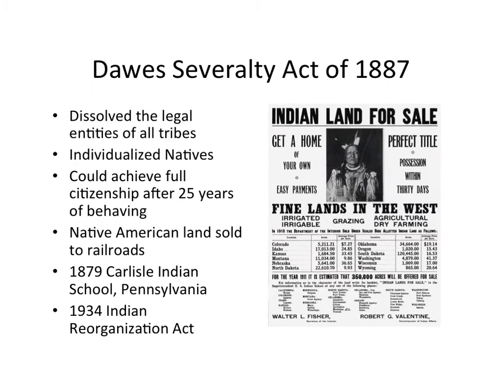One of the things that they did is they started building schools. And one of the schools was, of course, the Carlisle School that was built in Pennsylvania. One of the things that they said about the natives under the Dawes Act was that they could achieve full citizenship after 25 years of showing good behavior. All of this was not outlawed by the federal government until the 1934 Indian Reorganization Act, which was called the Indian New Deal.